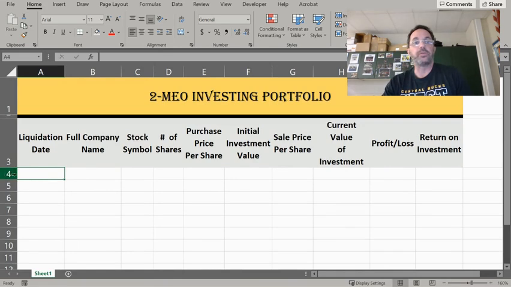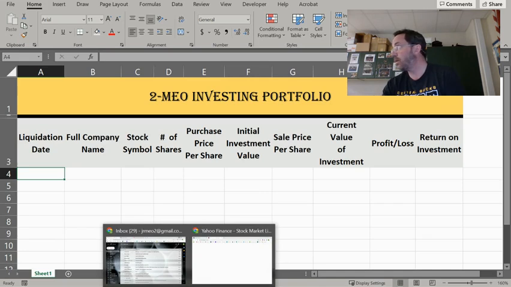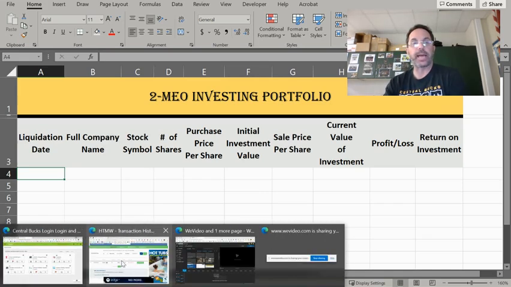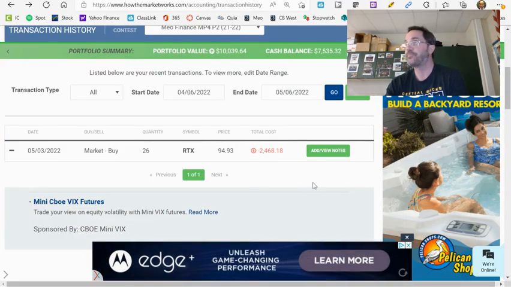I'm going to come down to row 4. And this is like our final stop, if you will, ladies and gentlemen. So I'm going to go ahead and record my data from How the Market Works here. If we toggle back into How the Market Works, specifically your transaction history tab,